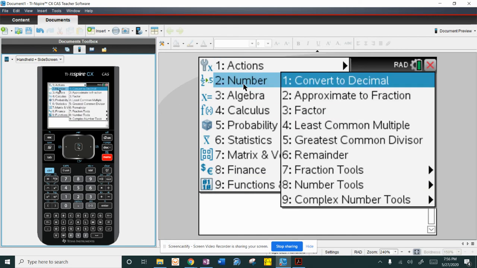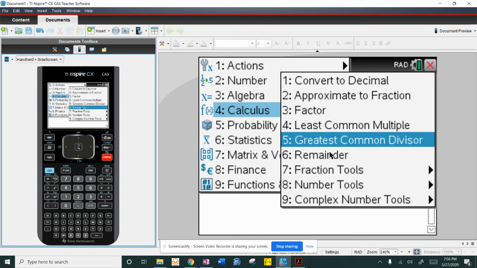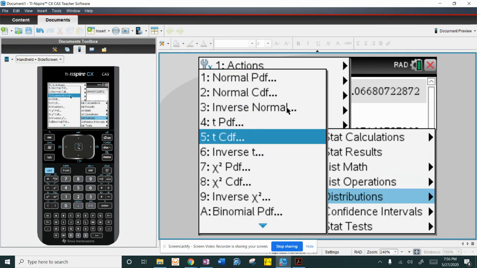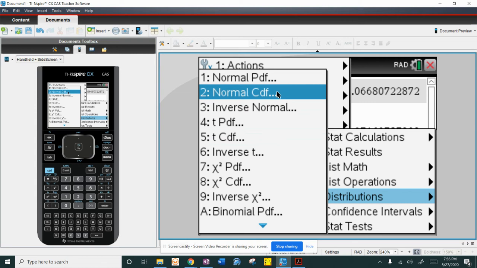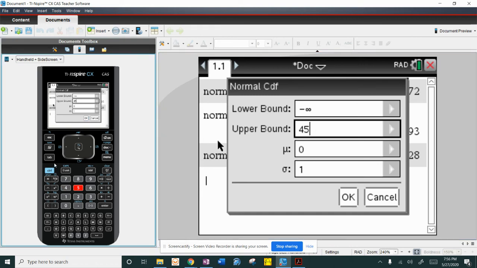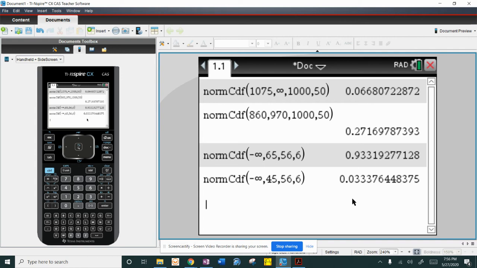So we have for this, statistics, distributions, normal CDF. Lower bound is negative infinity. We're going to 45. The mu, or the average, is 56. The standard deviation is 6. And let's see, our guess should be, yep, so